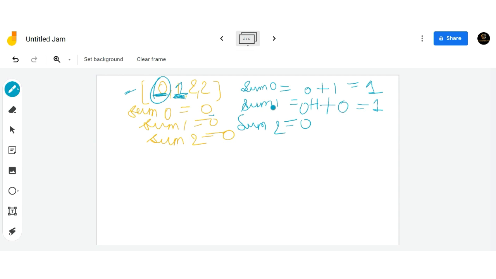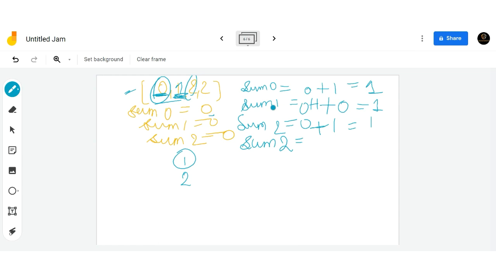So what can we take before 2? We can take 1 or 2 before 2. So there is not 2 before this 2. So we will take the subsequences ending with 1 only. So the subsequences ending with 1 is only 1. So this is 1. And now again our element is 2.